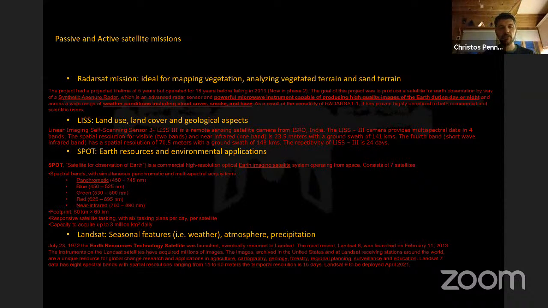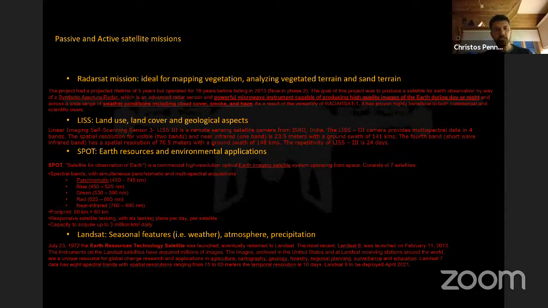The spatial resolution for the visible bands, the 2 bands, and the near infrared, only 1 band, is 23.5 meters with a ground swath of 141 kilometers. So that means that the satellites of this mission are scanning with a swath of 141 kilometers, with the first 3 bands, the 3 sensors: 2 are visible and the third one is near infrared,